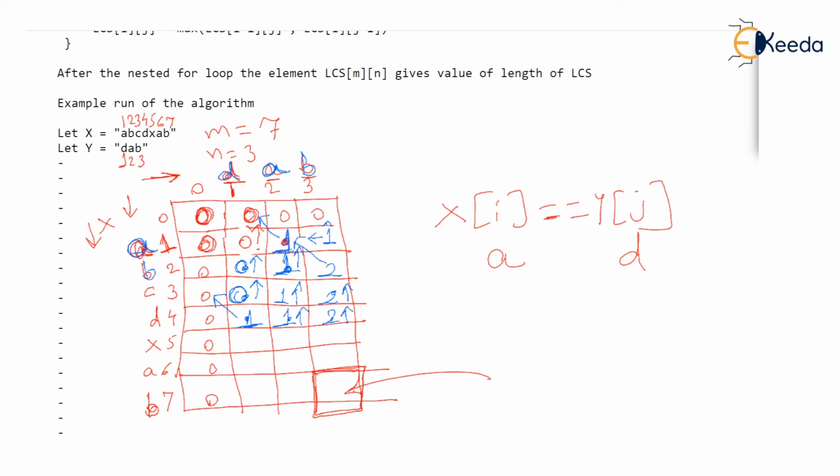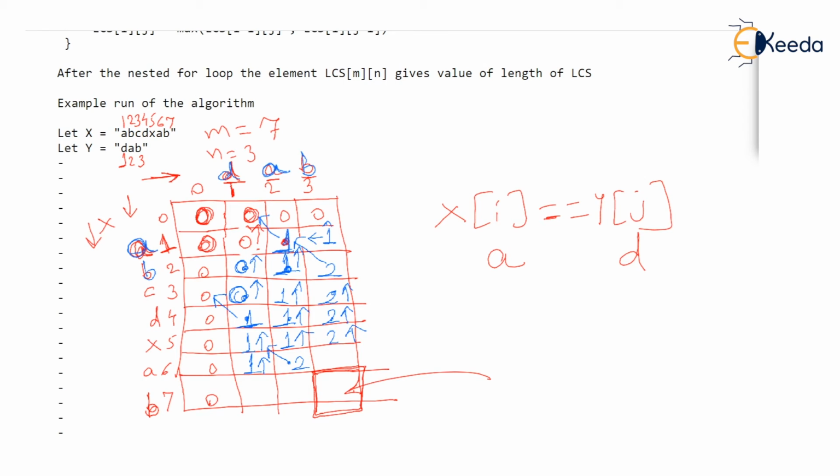Next is X. Now X will not match with anything, you watch, because the letters of Y are DAB. So we have to take the maximum from up or left. Here goes 1 up and 2 up. I hope you're understanding it. Now coming to the next row, A doesn't match D, so the maximum is taken from above or left. A matches A, watch here. So we will go to the diagonal and we will add 1 to that diagonal value and store that value.